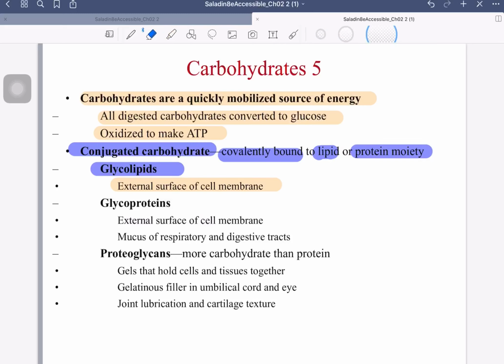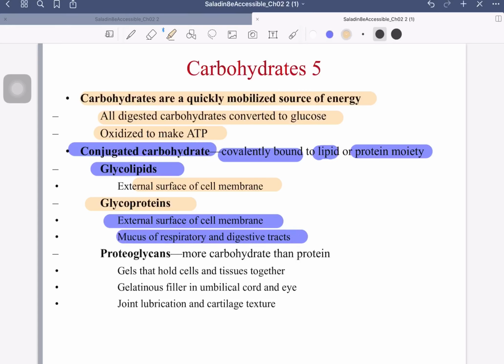Then we also have glycoproteins. And this, not surprisingly, is a sugar and a protein stuck together. We see this on the external surface of cell membranes. Often they're associated with the mucus in the respiratory and digestive tracts. And then we have the